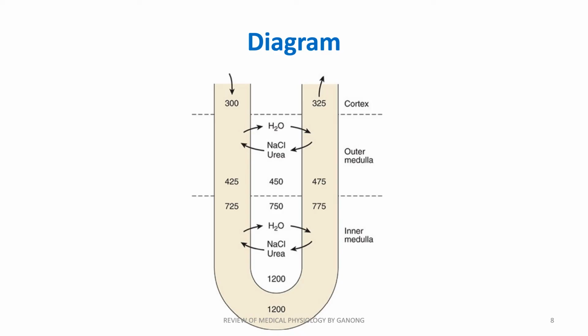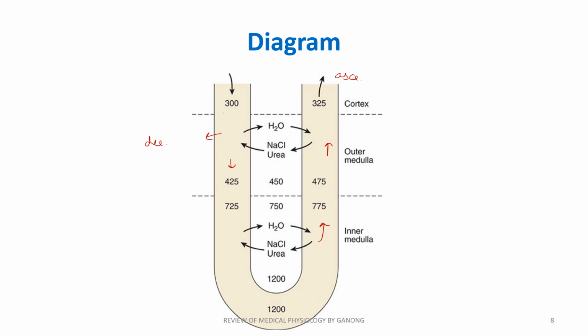This diagram is from Ganong. The previous diagram which I showed is also good, but since Ganong is a more standard textbook, I think it will be better that you draw this diagram, in which you can see the osmolarity of the vasa recta. So this is the descending vasa recta and this is the ascending vasa recta, as the arrows are showing. Here you can see that the osmolarity in the descending vasa recta is increasing as it goes down, whereas the osmolarity of the ascending vasa recta is decreasing as it is going up.